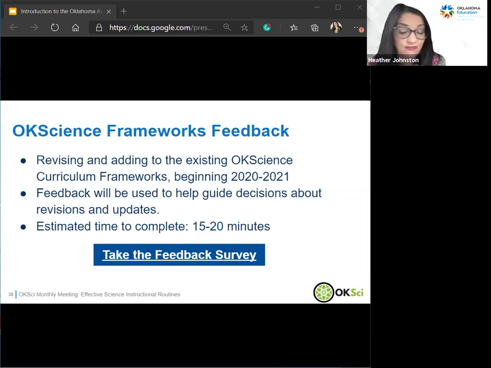And I do hope to have that out. First week of October is the goal. My proposal is being submitted on Friday, and we'll just kind of see how long it takes to get from that to the next step. But if you have any questions about participating in the frameworks revision, please feel free to email me, and I can answer those questions.